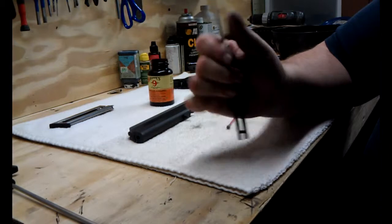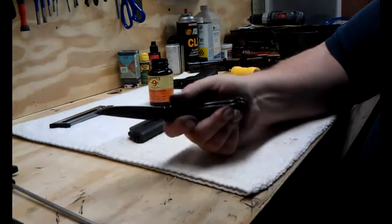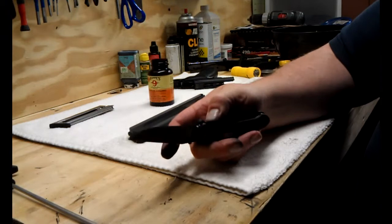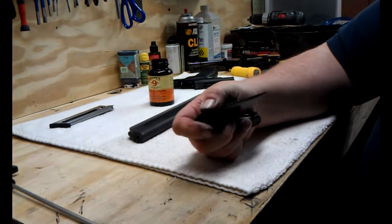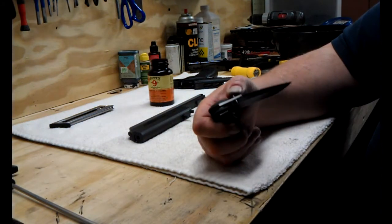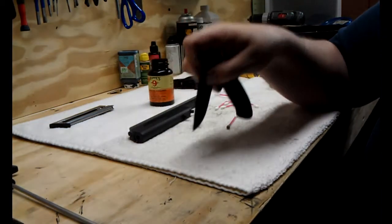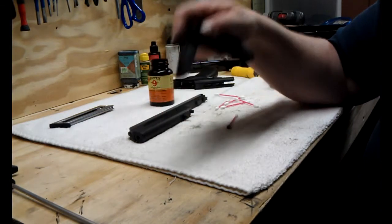to field dress my first squirrel. So I went out and I shot my first squirrel. Well, I shouldn't say that. I've shot several squirrels in the past, but this is the first one that I actually shot to bring home to eat. I was hoping to get more than one, but one was all I got, and it was a little red, but hey, a couple of them is going to make a meal. And I noticed that this knife was a little dull. So I brought it home,